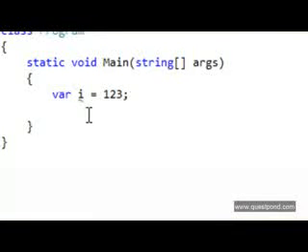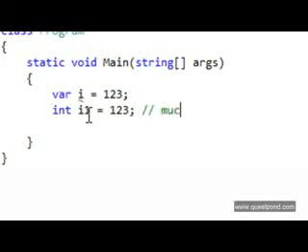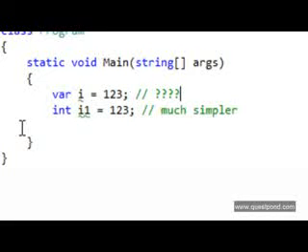Now the next question which comes to our mind is, what's the practical use of the var keyword? Directly defining data types is simpler and cleaner as compared to the indirect or implicit definition of data types. If you see on the screen, int I1 is much better to understand and more readable as compared to var I. So definitely for simple data types like int, double, etc., the var keyword will cause more confusion and will also make your code more complicated to understand. So again, we are on the same page. What really is the use of the var keyword and in what scenarios is it useful?